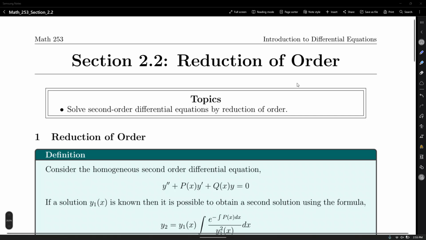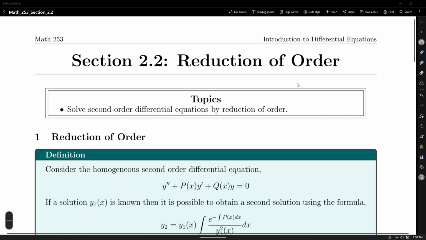Alright, in this video we cover section 2.2 on reduction of order. In the previous section we discussed the nature of the solutions of differential equations of higher order, that is degree 2, 3, etc., but more like the theory behind the solutions and their linear independence. However, before getting into the methods of solutions to those higher order differential equations, we need one more piece